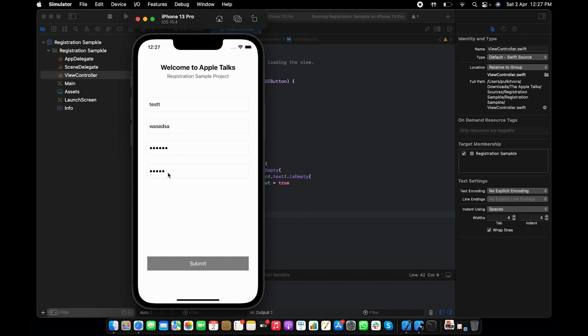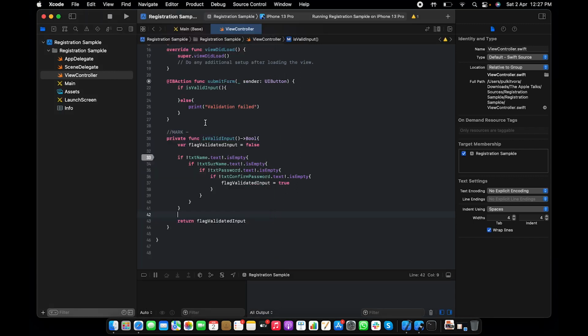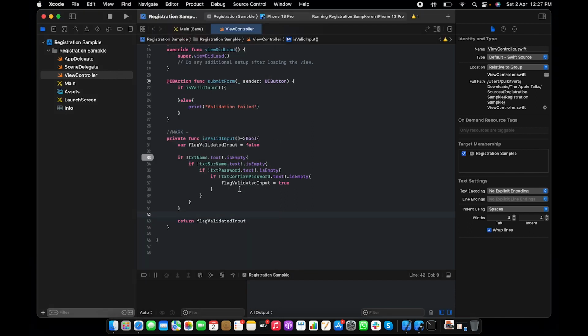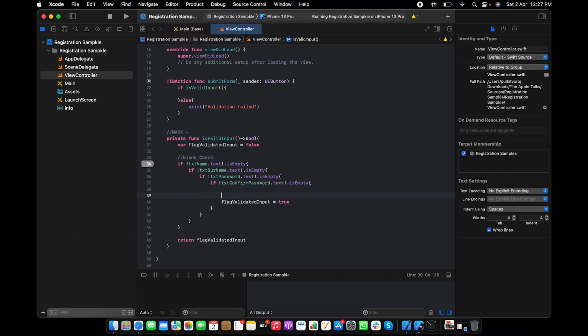Now before going on, if I want to remove it, then I need to do it manually. That is too bad. So there's a property in text field that will allow you to have the clear button here. You can check it out in the Google or Apple documentation. That is very useful. Now first, we did the blank check for the values. Now we're going to do the